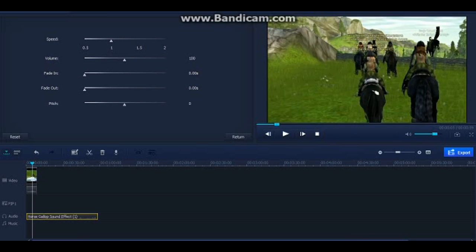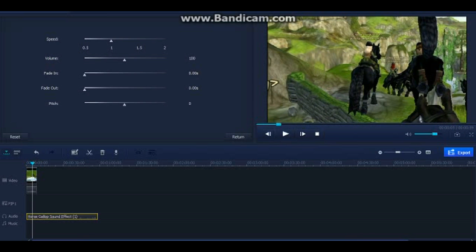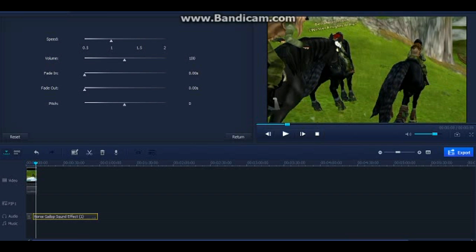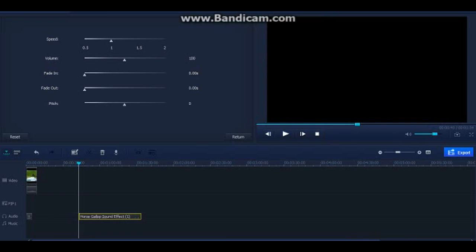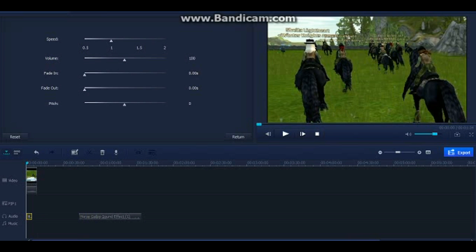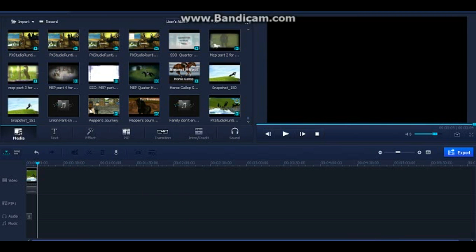Drag it, or listen for where the audio comes back in, and you can just click split. Say the audio ends there, and then you have a gap, and then it comes back in, say here. You'll click split again, and then just get rid of that, and then you can drag it anywhere else and put this into different clips. So for example, I have